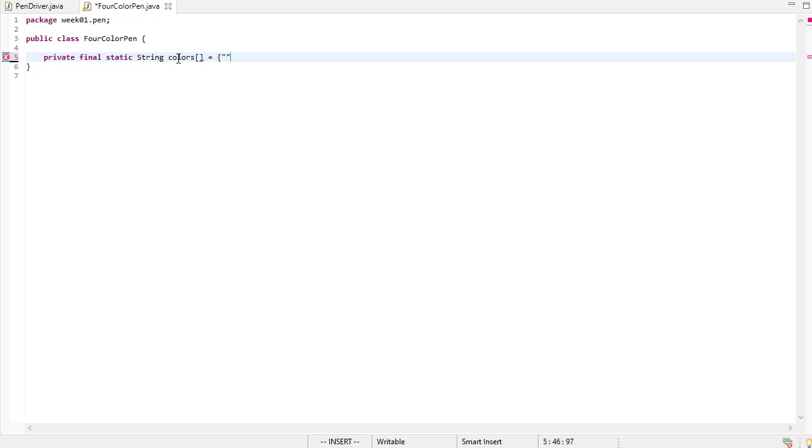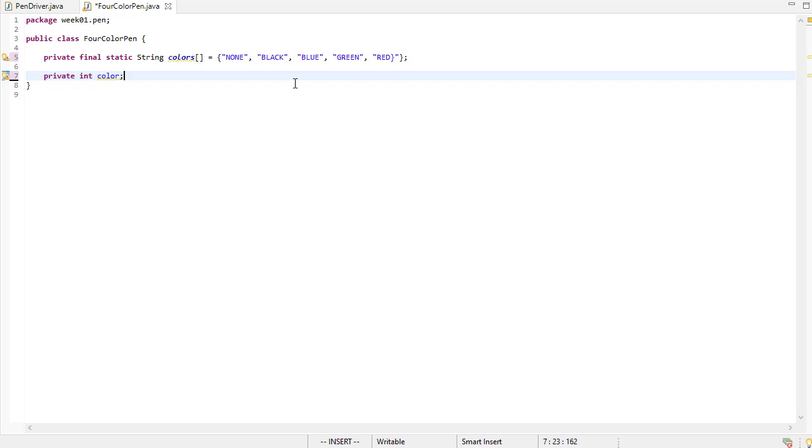And my colors are going to be none. And then I would list each color, or have one string for each color that's a possibility. So we'll do black, blue, green, and red. I'm going to have a private member called color. That'll be an int, and that int will be an index into this array. So the valid values here will be 0, 1, 2, 3, 4 for color, but that color will map into